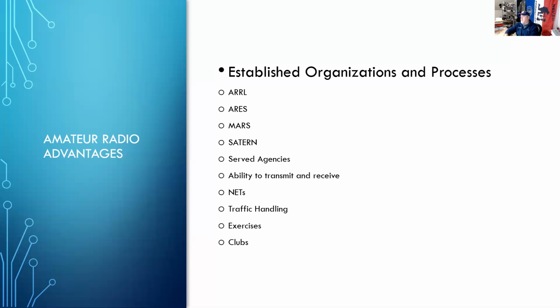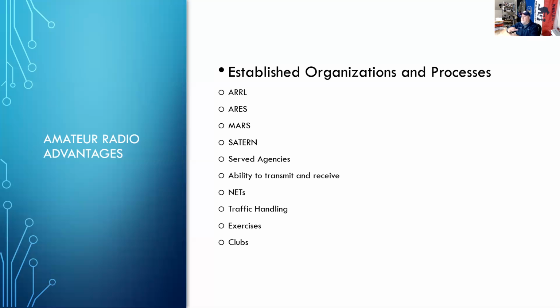They may do more tabletop stuff than we do, but we do a lot of practical exercises to test things. And then there's a lot of clubs. The cool thing about amateur radio is it really gets down to the local level, by city, or even portion of a city or a community, where a group of radio operators get together,